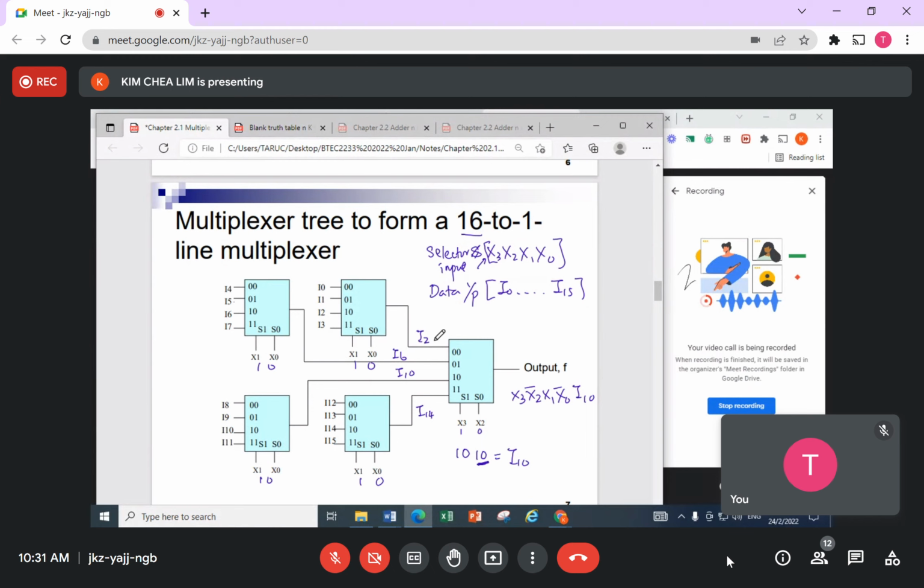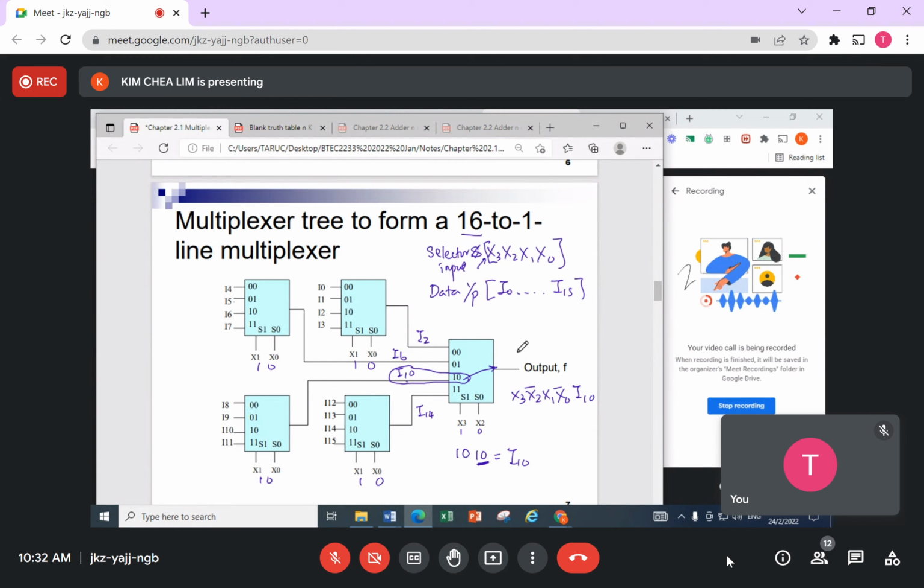Although I2, I6, I14 are waiting here, because these are X3 and X2, the selection is 1 0. So I10, 1 0 1 0. See the 1 0 here. So I10 will become the